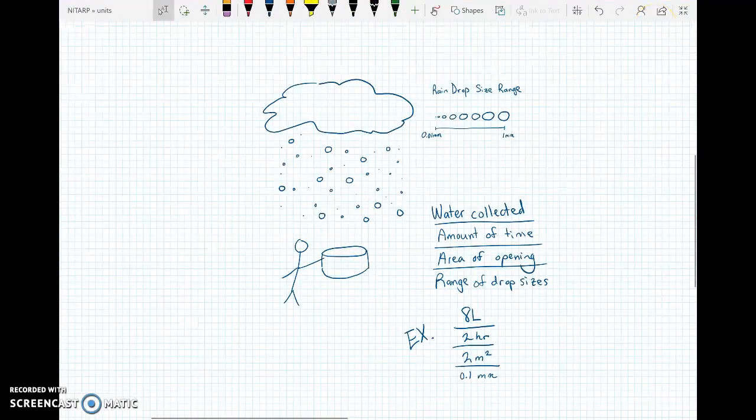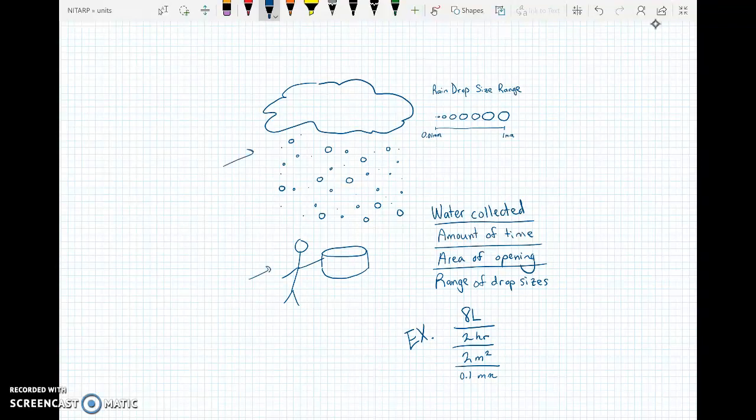Alright, hi everybody. I'm going to try to explain what a Jansky is by using rain as an analogy. So I'd like you to pretend that you went outside and you were going to try to count up how much rain was falling into a bucket. So here you are, here's the rain cloud, here are all the raindrops falling down,